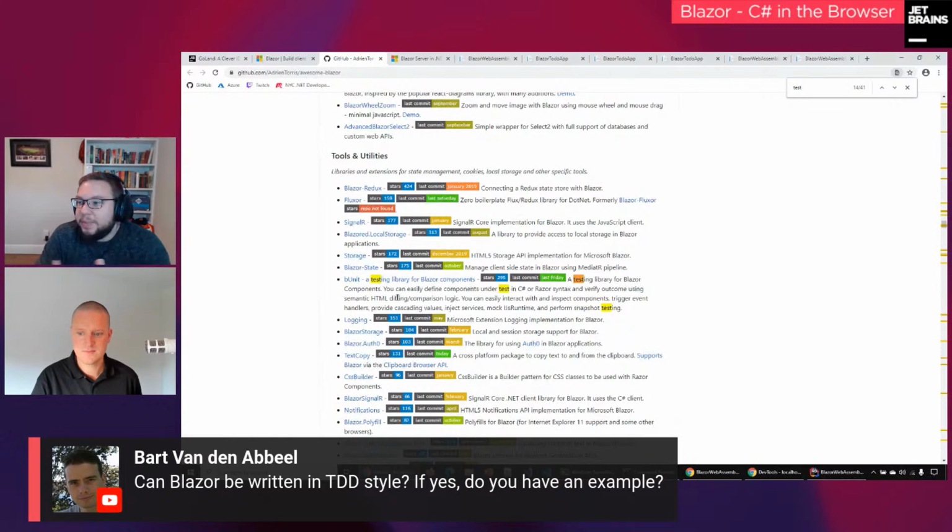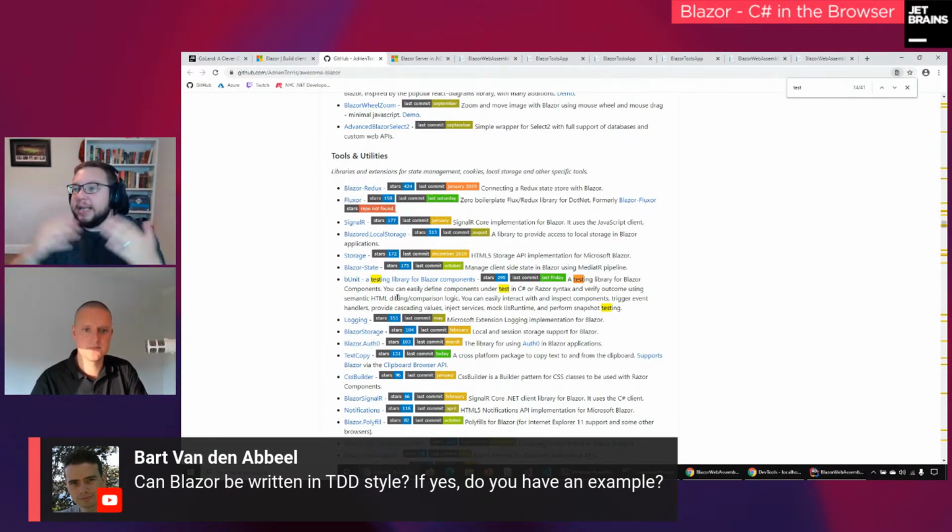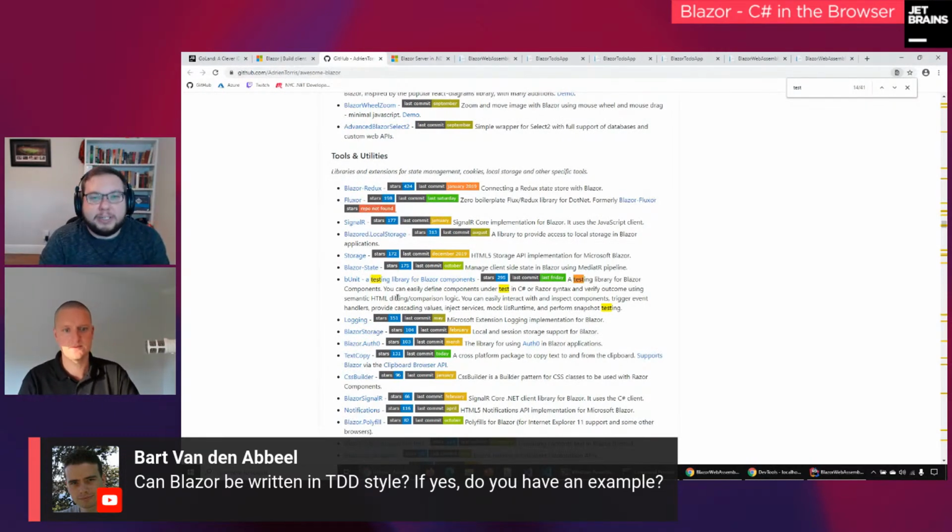If you look at what Blazor components are, it's very similar to Razor pages, and it was built out of this idea that these web components should be testable. If you look back to the web forms days, it feels very similar to .NET Framework and ASP.NET Web Forms, but it is slightly different in the sense that it's meant to be unit testable and to be driven via test-driven development.